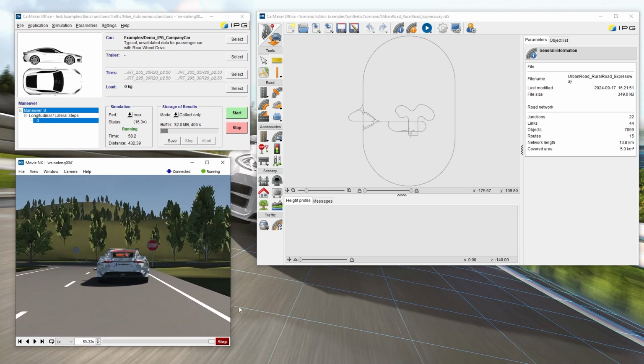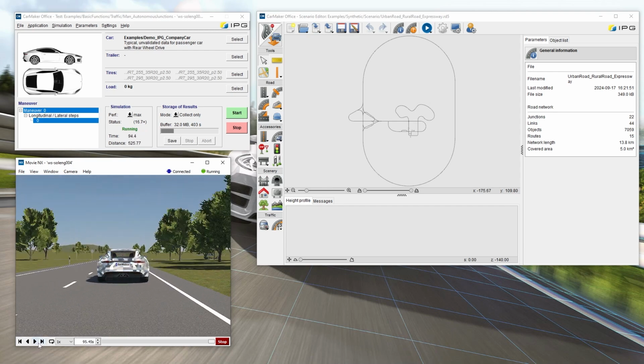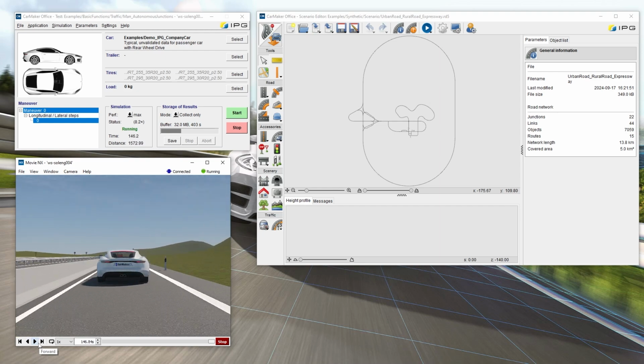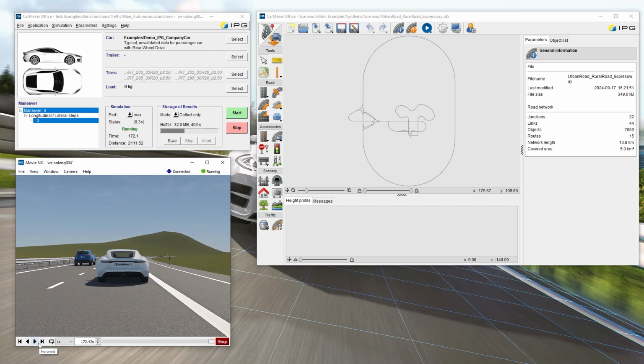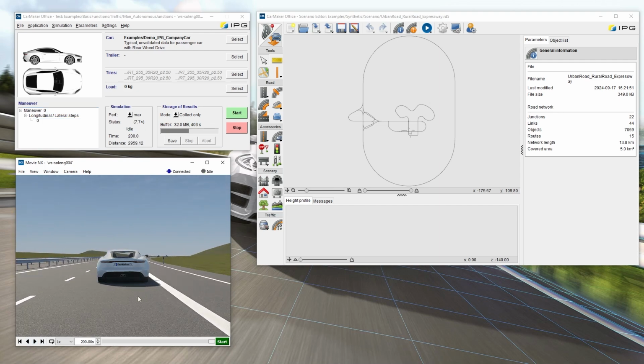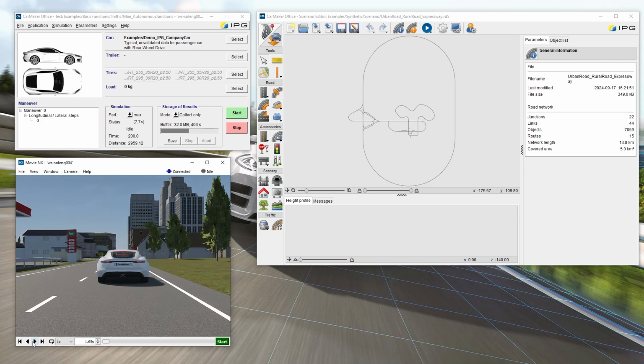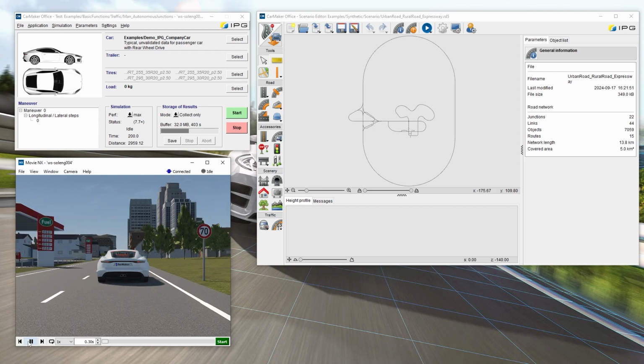During the simulations, these buttons will be inactive. However, after the simulation, you can review the simulation results. These two buttons let you jump to the start or the end of the simulation. Here you can play the simulation forward, pause, or backwards.